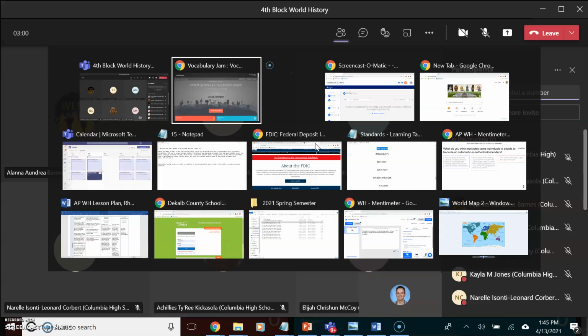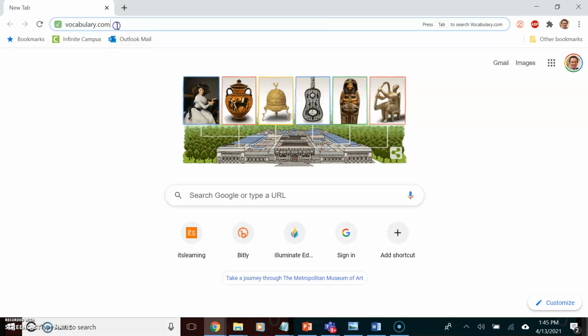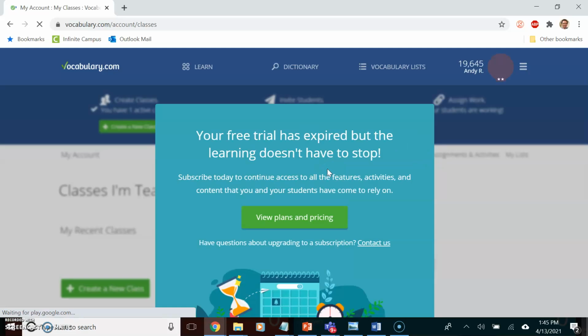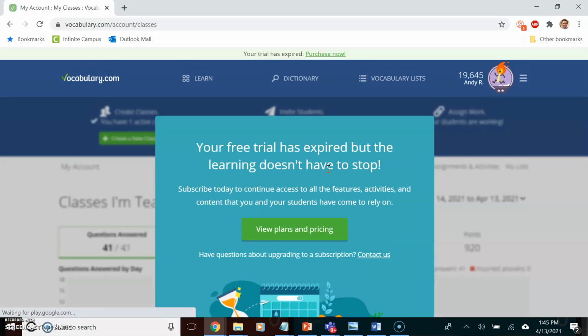All right, okay. So first you want to go to vocab.com. I got it right here. Now, you need to create an account first. Either you do it when you start playing a game, or you just do it on your own. Go to vocab.com and then create a free account. It could be using any email you want. Then once you go there, if you tell it you're a teacher, which is what you want to do,